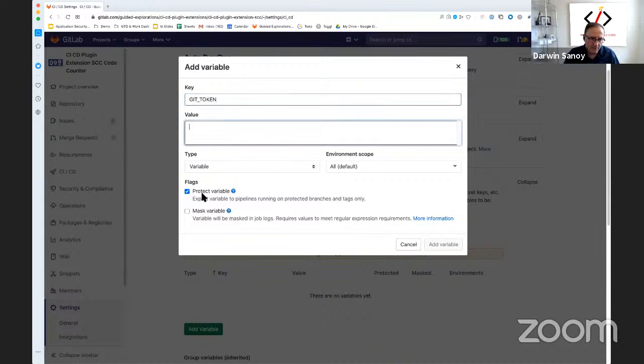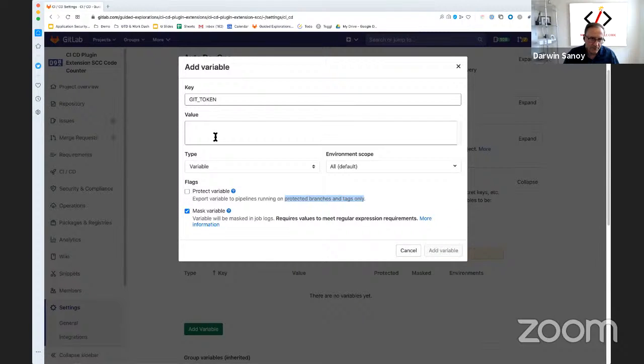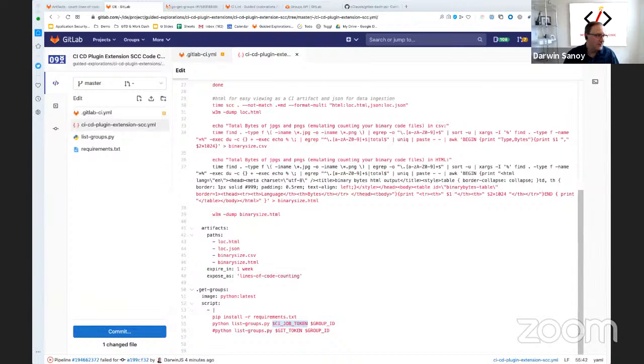And then I'm going to say protected. Protected does not make it read only. It just has to do with something special called protected branches. So don't mistake this for being able to write protect the variable. So I'm going to mask it, and then off screen I'm going to paste in the token,